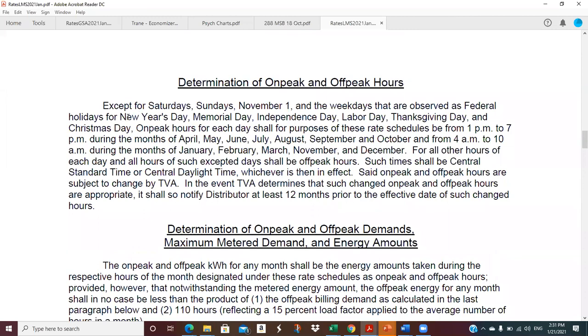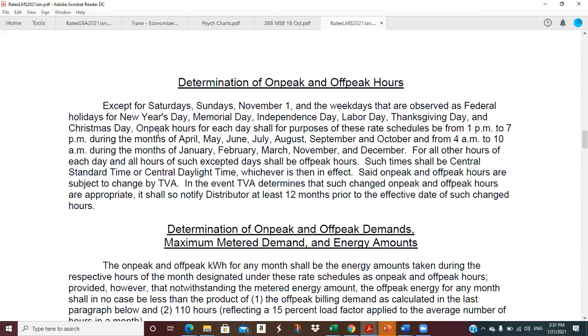I know not the justification for this. Well, I understand some of it, except for Saturdays, Sundays, and November 1st. What's special about November 1st? I have no earthly idea. And the weekdays that are observed as federal holidays of New Year's Day, Memorial Day, Independence Day, Labor Day, Thanksgiving,